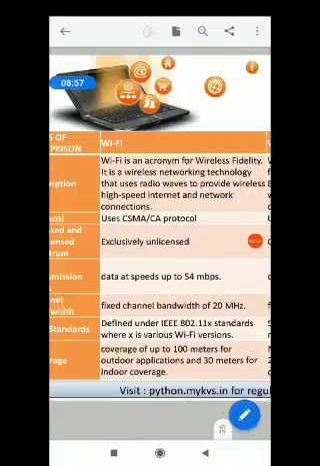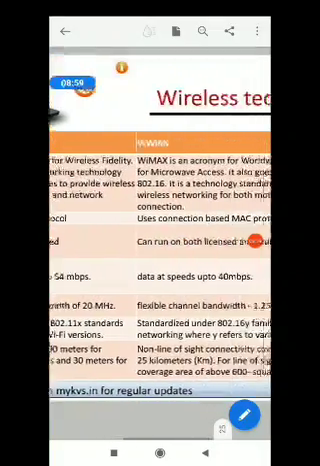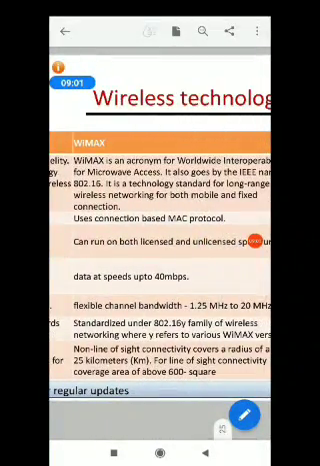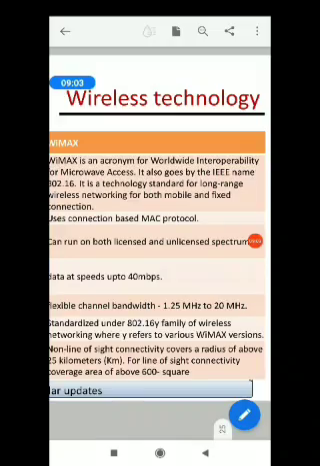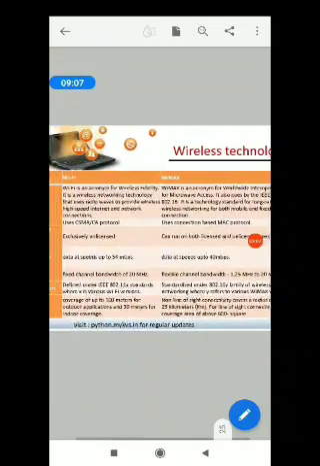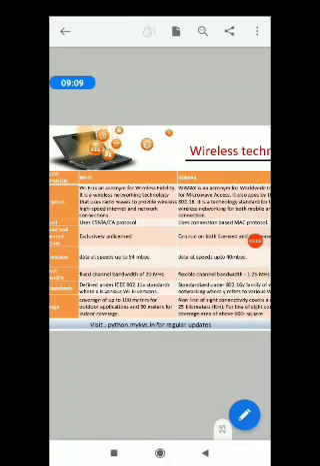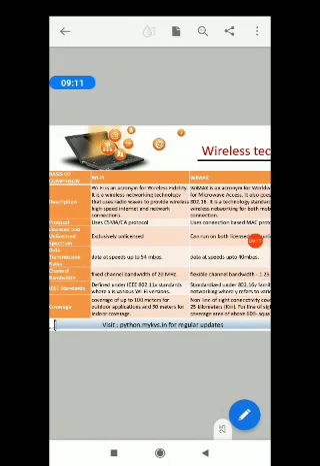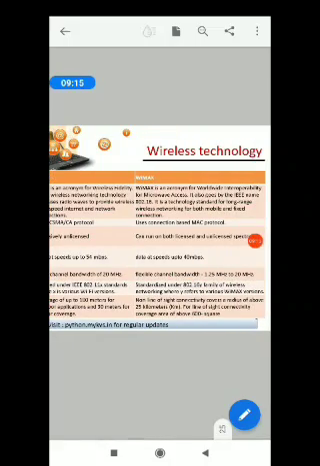Wi-Fi is exclusively unlicensed, whereas WiMAX can run on both licensed as well as unlicensed spectrum. Wi-Fi gives you data speed up to 54 Mbps or more, but WiMAX gives you speed up to 40 Mbps.